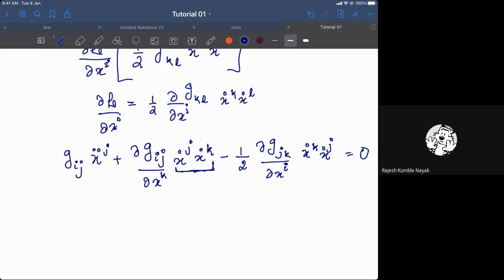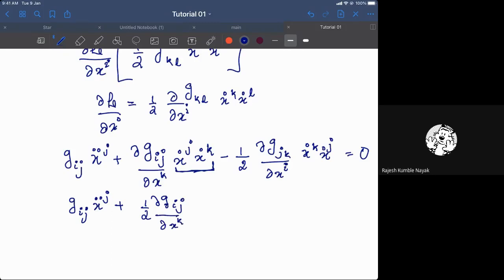The non-symmetric term is not going to contribute anything, because the contraction, the summation of a dot product between the symmetric and anti-symmetric, is going to give you 0. So I symmetrize this term also. I introduce a half, Gij, first one is like this, xk, and then x dot j, x dot k.